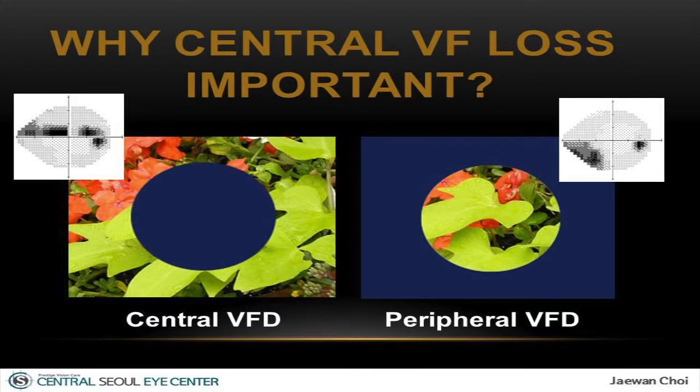Why is central visual field loss important in glaucoma? Because central visual field loss can worsen the quality of life much more than peripheral visual field loss does. Our daily activities such as reading and object identification depend much more on the function of the fovea and central macular